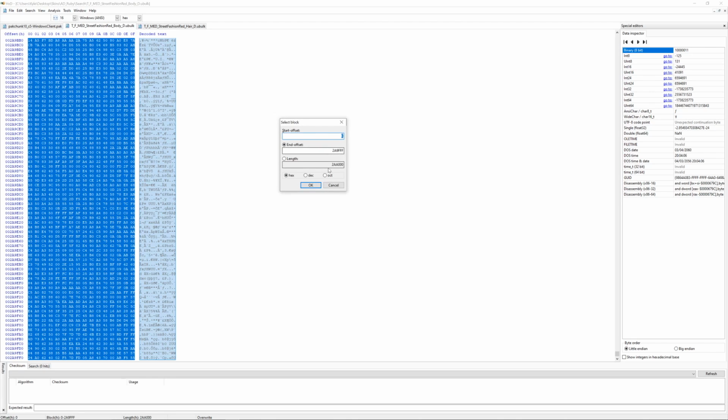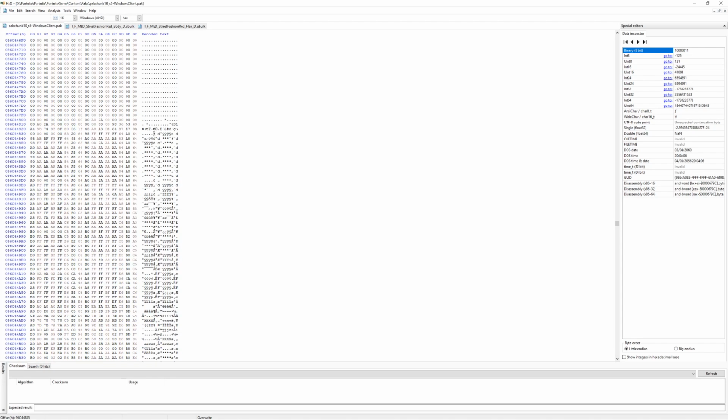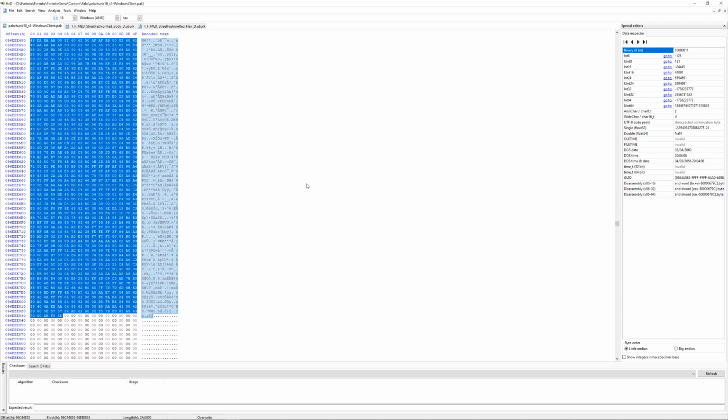Now this might look a bit complicated, but it's nothing that bad. Make sure to select the hex, and copy this number here. Control C, then head back to your pack, and make sure you're where it started, press Control E again, and paste that value in here. This is going to select the whole skin, or the whole texture even, so as long as you've done that step right, you can move on to the next one.